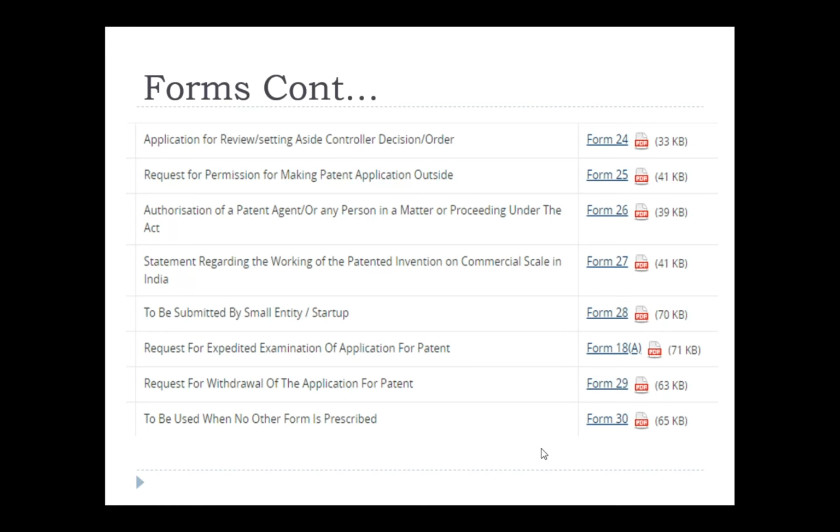Supportive documents like letters can be attached, but it is mandatory that every request or any form of communication is accompanied by a form. That is the reason they have given form number 30. If any other form is not available, you can use this form to communicate with the patent office. So likewise we have 30 different forms to communicate with the patent office.